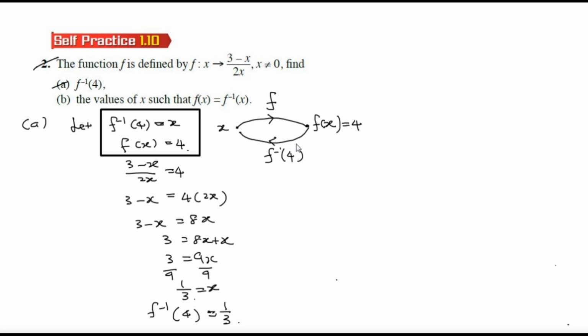So now we are going to find what is the x, so that fx is equals to 4. So how to start? You start with fx equals to 4. That's what I write in the second sentence. Then solving this, you can obtain the answer for x, that is 1/3. 可以明白吗？